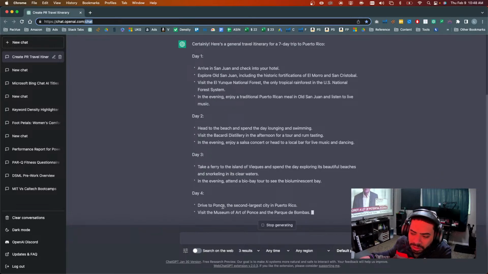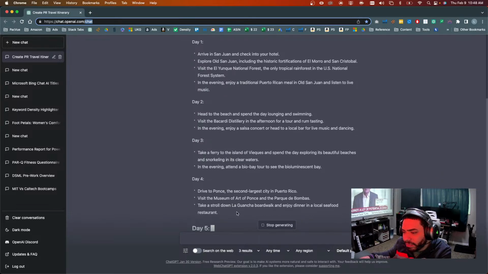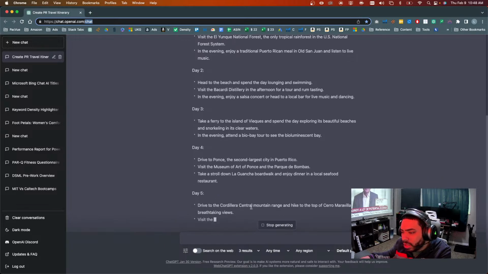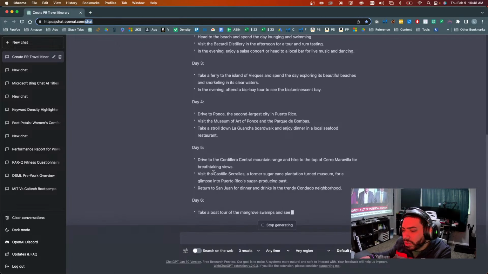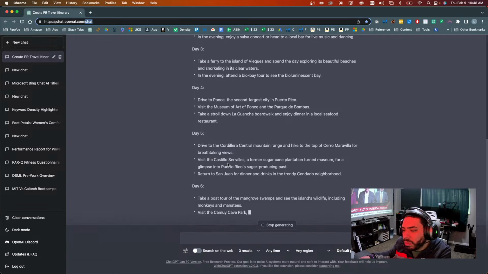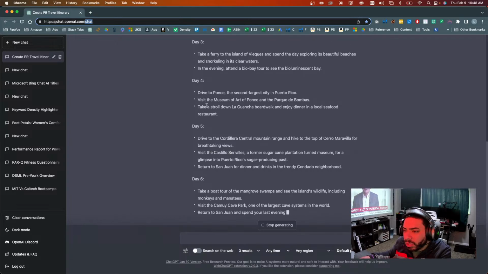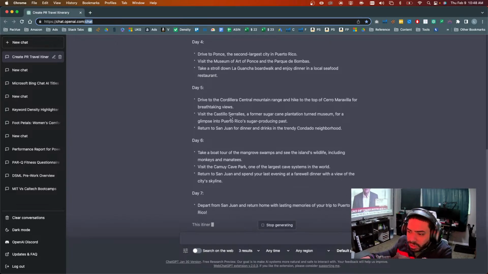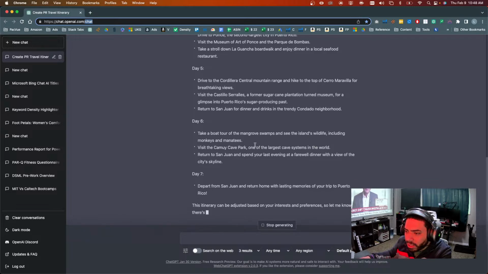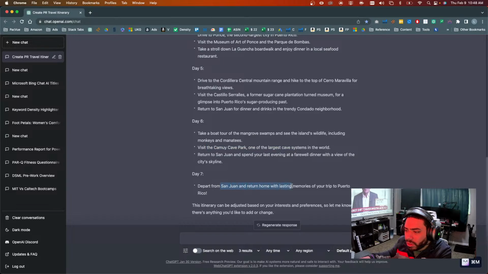So now it is doing basically the same itinerary as the other chat. Here it's sending me to the center of the island, going from Ponce to the southwest to the center. Now it's sending me to the north, and that's okay.